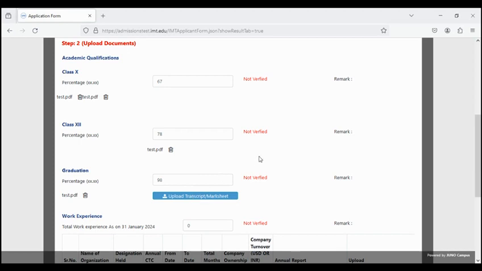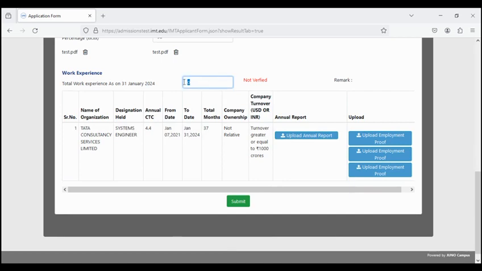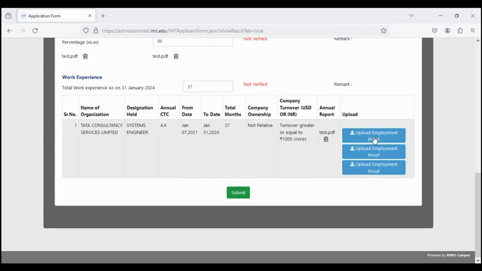Upload your graduation marks, transcript, work experience, the number of months you have worked for, upload the annual report, employment proof 1, which can be your offer letter,